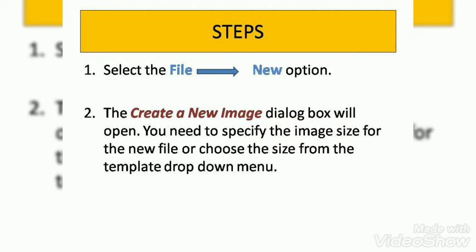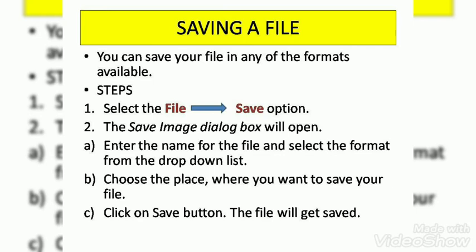Now here is another very important option, the undo and redo option. The name is telling the meaning, but you have to be a little bit careful. Undo: what you have already done, you can undo, you can go back, you can reverse your action. Suppose by mistake you have deleted something, but you don't want that. You can just click on the Undo option and it will come back.